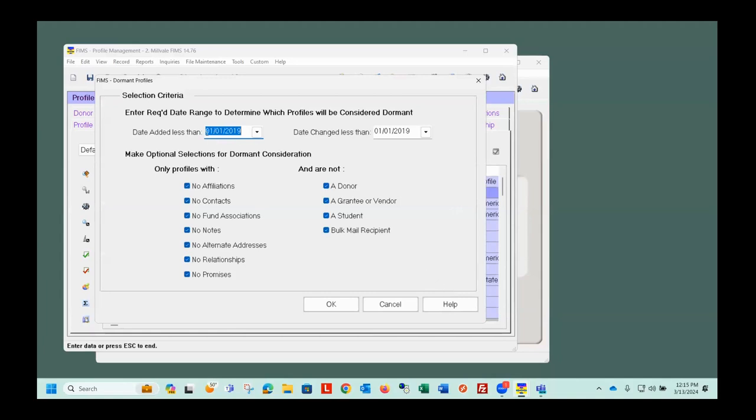Now, if you notice that it automatically put in a date here, date added less than or date changed less than. So what it's doing is it's going 5 years back to the beginning of that particular year, which is 2019. So it's essentially saying, just to start off with, I don't want to see any records that were added after January 1st of 2019, any profiles that were added, or any changes that were made after January 1st, 2019. This is going to be limited to